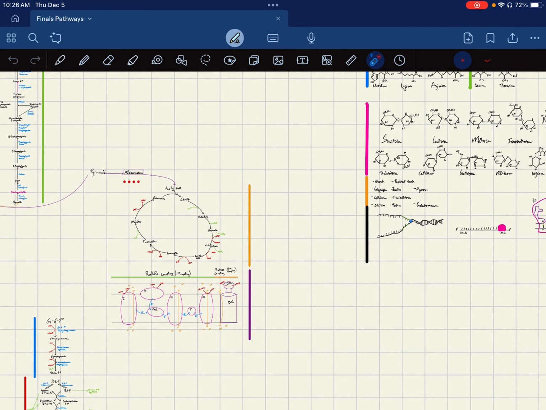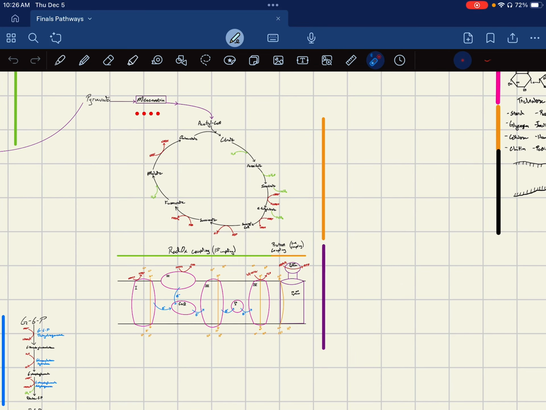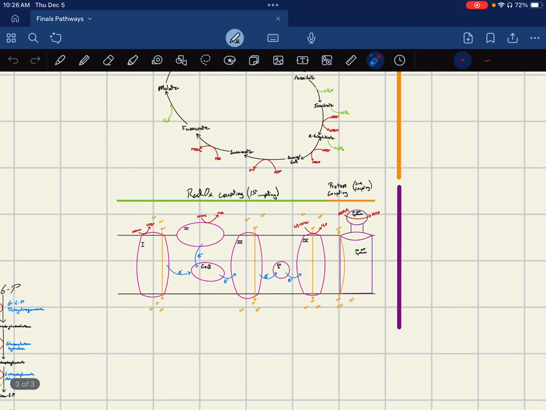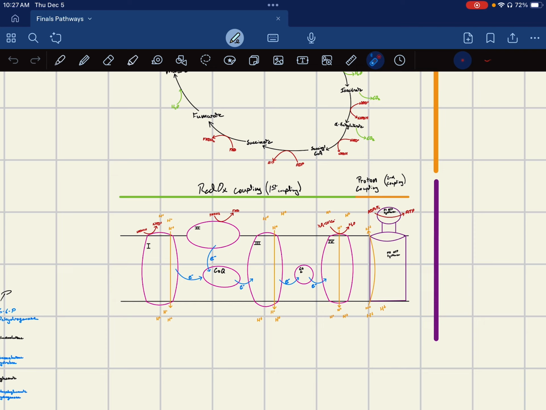And then next, start thinking about the electron transport chain, sorry. And then oxidative phosphorylation. So this is where that NADH and FADH2 start donating their high energy electrons. So start looking at here, you have these electrons, they go into complex one, it starts bouncing around, it